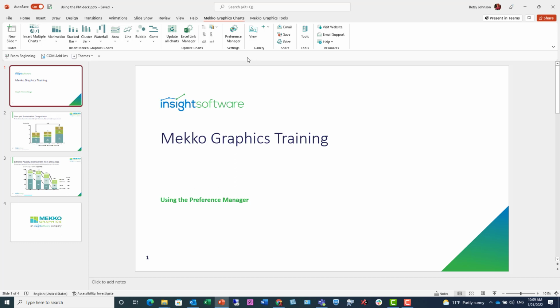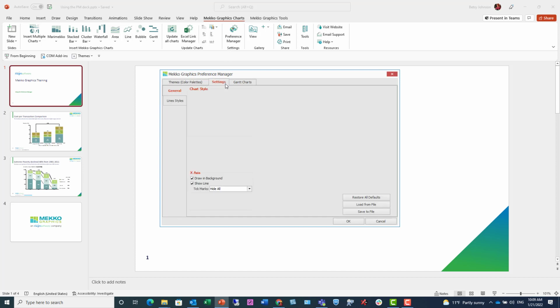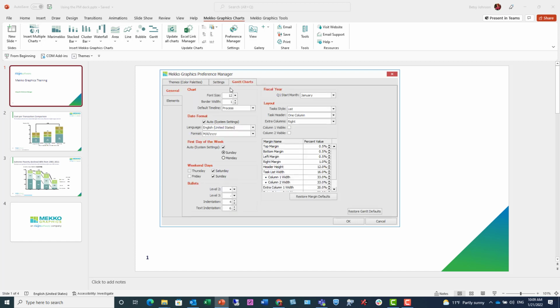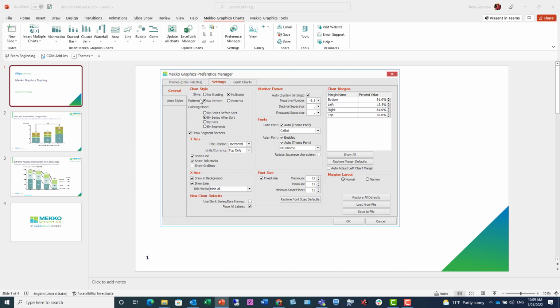From the Mekko Graphics Charts tab in PowerPoint, choose Preference Manager, which opens up the Preference Manager. And you'll see right away that there are three tabs: color palettes or themes, settings, which are generalized settings, and then specific settings for Gantt charts. We're going to start with the second tab, the settings tab, and just give you a quick tour of some